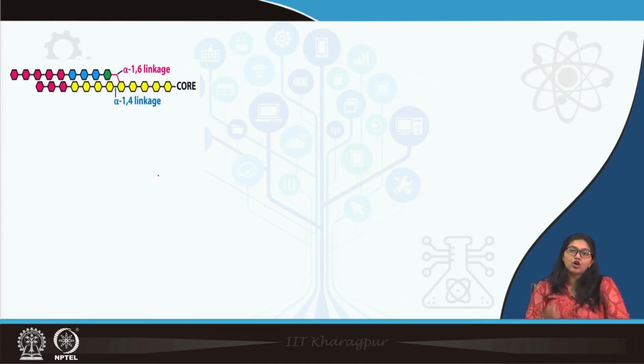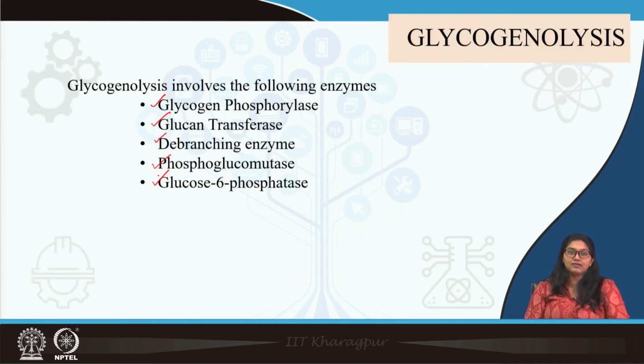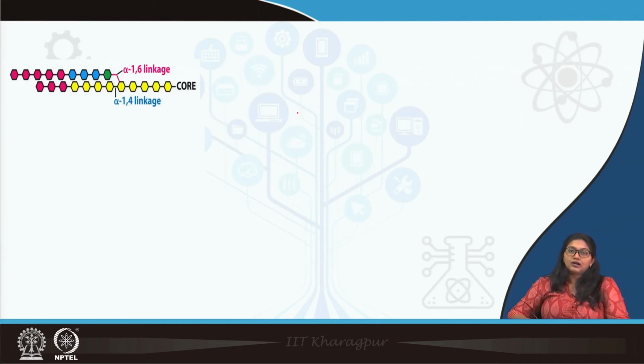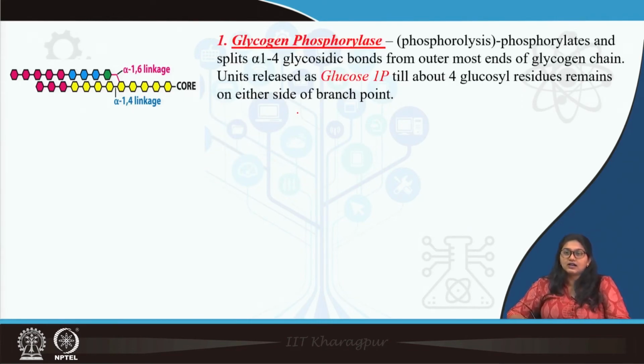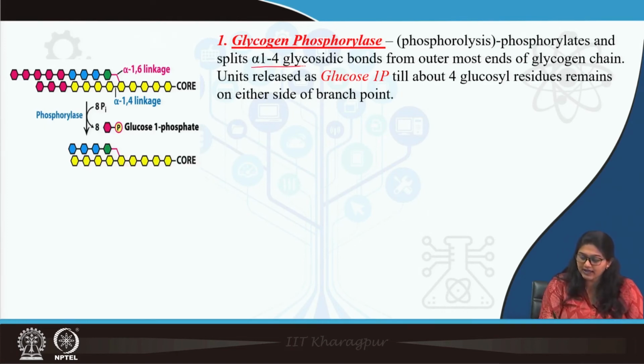Now, we were talking about the enzymes. The first enzyme, as we have discussed, is glycogen phosphorylase. Remember, this is the most important enzyme in glycogen breakdown. Now, glycogen phosphorylase is actually causing phosphorolysis, means there is phosphorylation as well as lysis or splitting off of what? Splitting off of alpha 1,4 glycosidic bond and also addition of phosphate. How? You can see